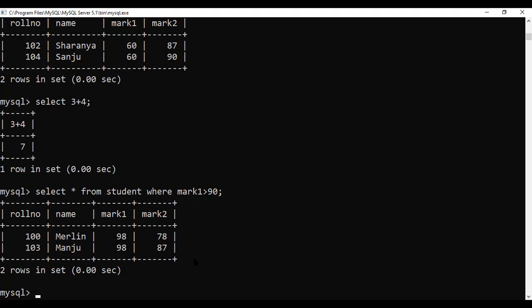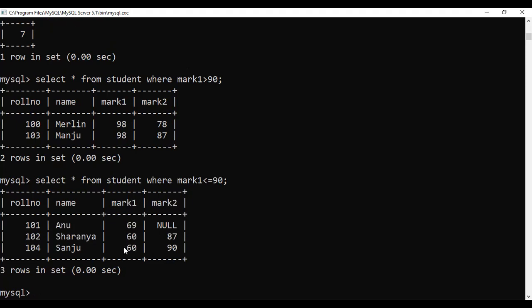If I want less than or equal to 90, less than, after that equal sign 90, all marks which are less than or equal to 90 will be displayed. So these all are the relational operators. If I want not equal to 60, mark 1 not equal to, this is the symbol for not equal to, to display the details of the students where mark 1 is not equal to 60. Okay, 60 I'll give.